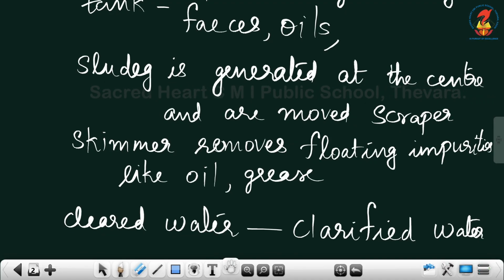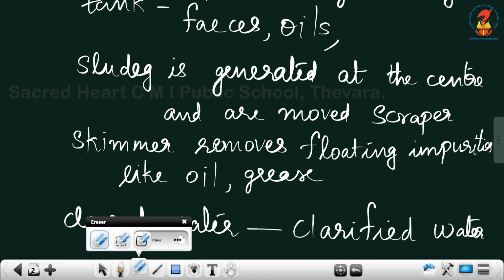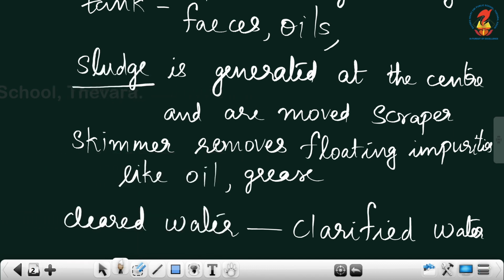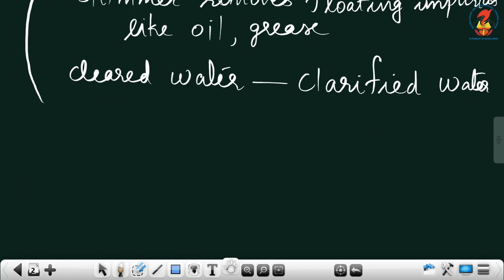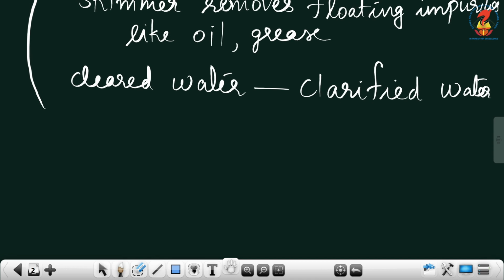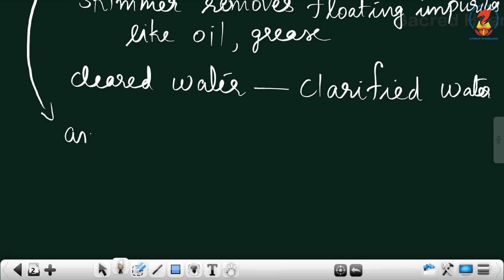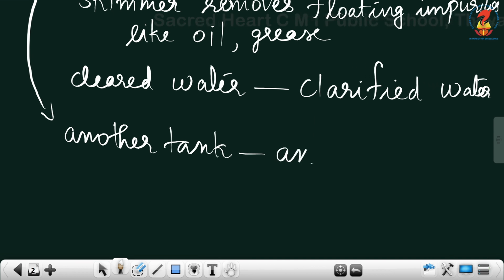After generation, that sludge is transferred to another chamber or another tank, and it is treated with anaerobic bacteria.